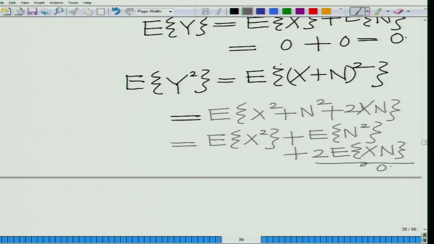Of course, x and n are uncorrelated, so the cross term is 0. Expected n square is equal to